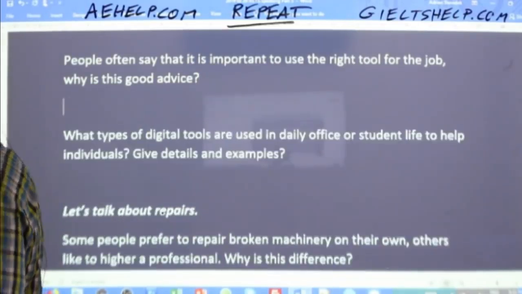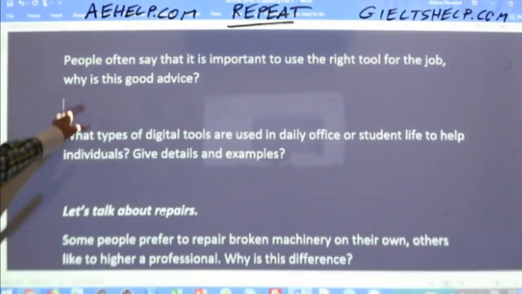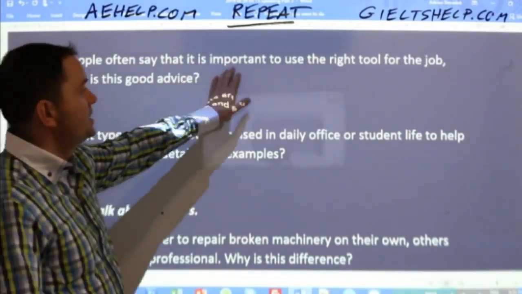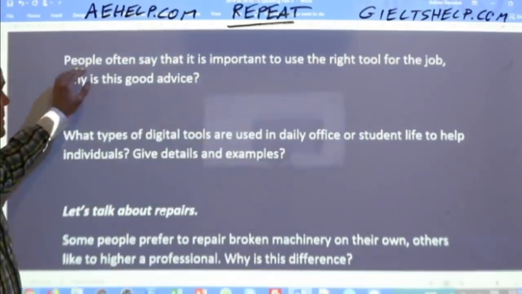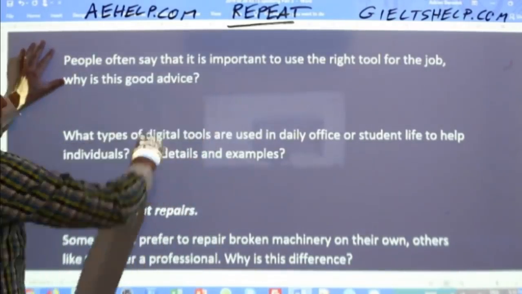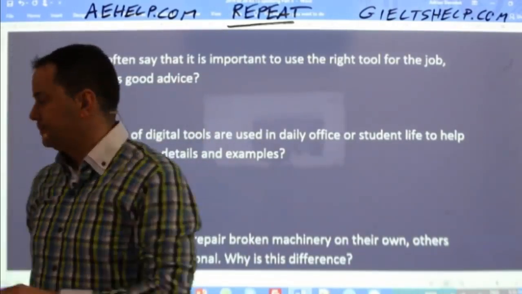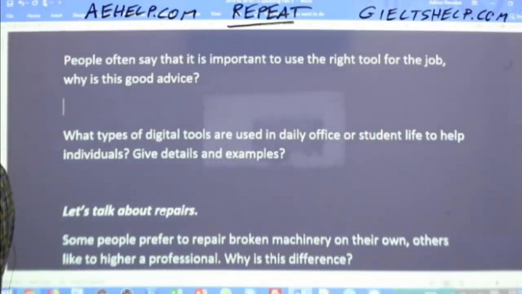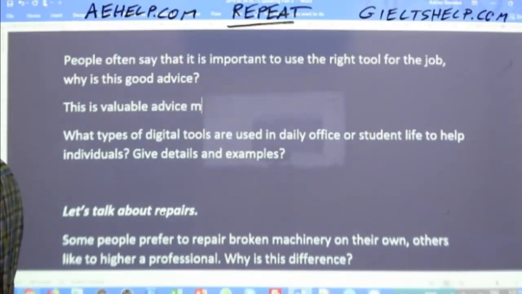Now, again, remember, people often say that it is important. You need to listen to these parts of the question, people often say. Okay? So, this is valuable advice by many people, since